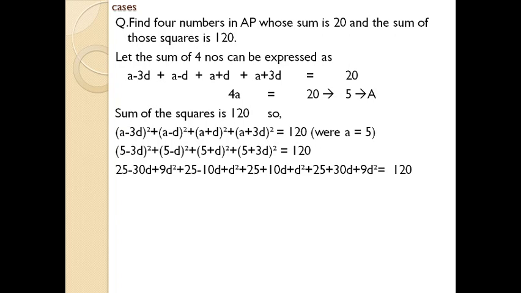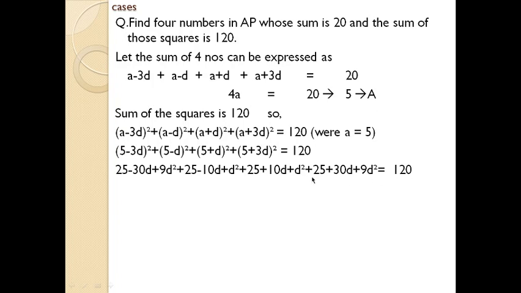That is the expansion of 5 minus d the whole square. Same case, 25 plus 10d plus d square is the expansion of the third one, 5 plus d the whole square. And finally, 25 plus 30d plus 9d square is the expansion of 5 plus 3d the whole square